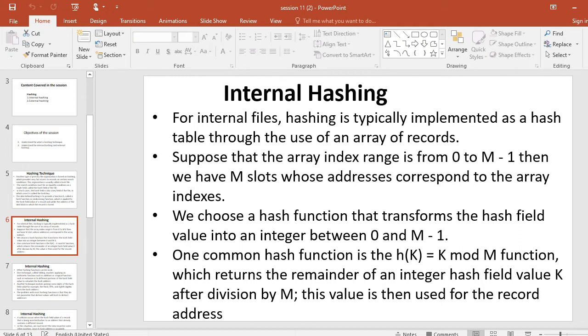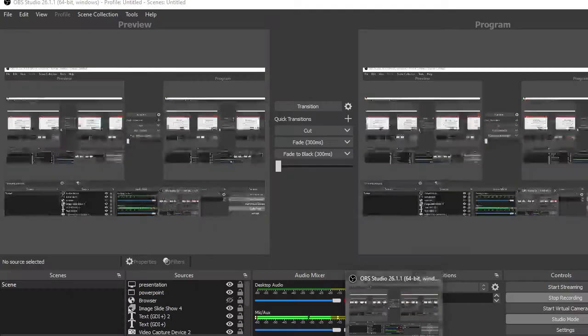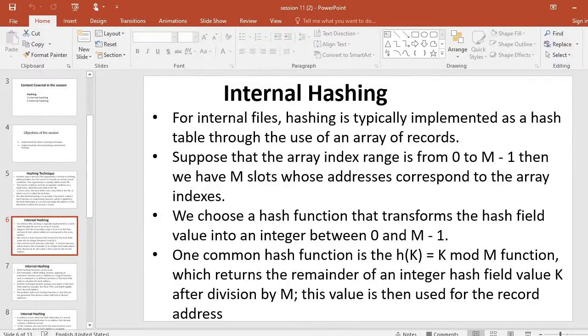For i equals 1 to 20, because there are 20 characters, do temp equals temp multiplied by code of k of i mod m. Hash address equals temp mod m. End for. This is a brief introduction to the algorithm for a string k of 20 characters. Hashing technique: folding.